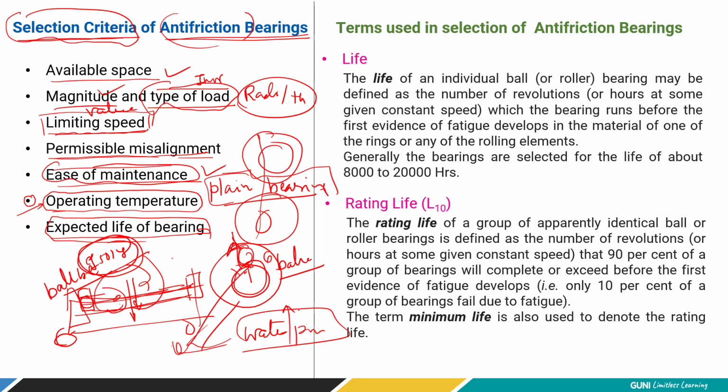But there are pumps which run continuously in a nuclear power plant, right? So the design of those pumps is quite different. The material used and the bearings selected for those pumps are quite different, right? So here a minimum service life is expected from the bearing. Let's say if the bearing is run continuously for 1 year, it must survive at least 300